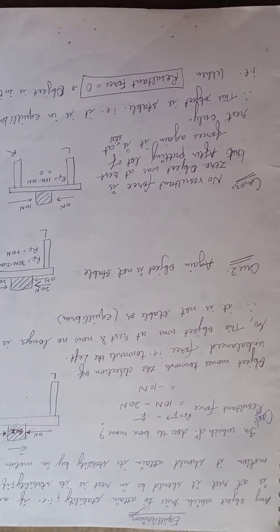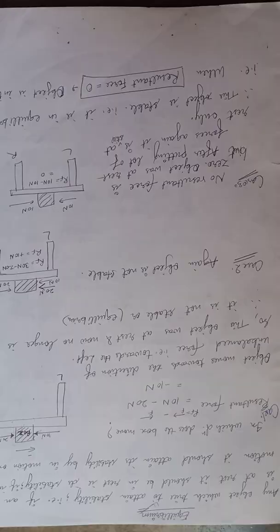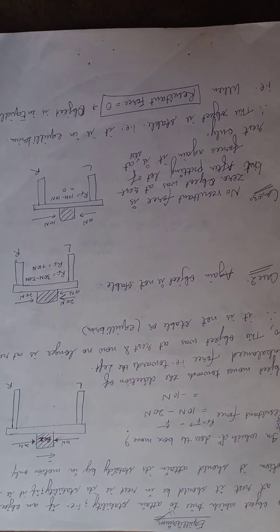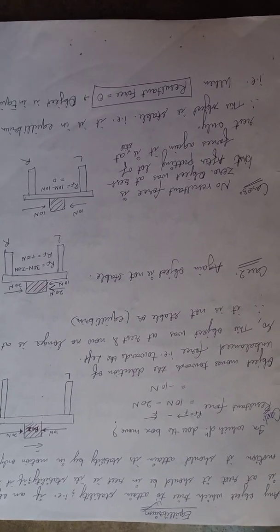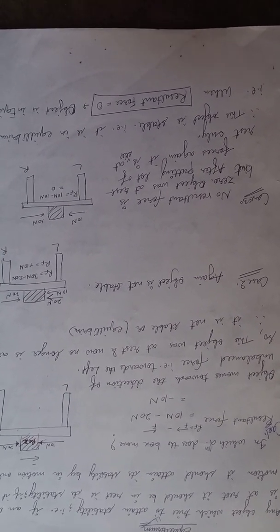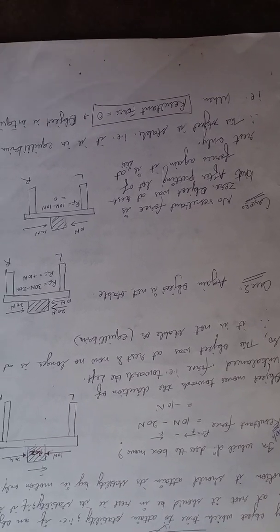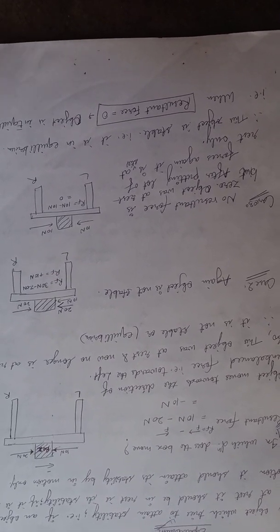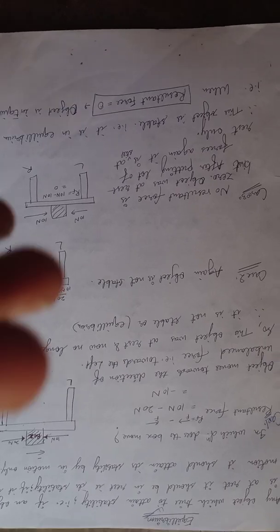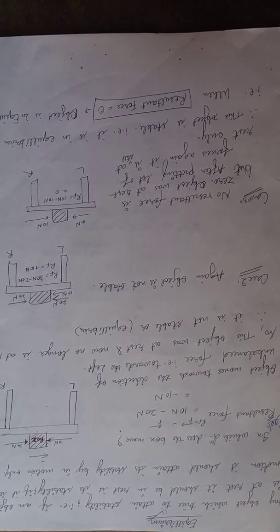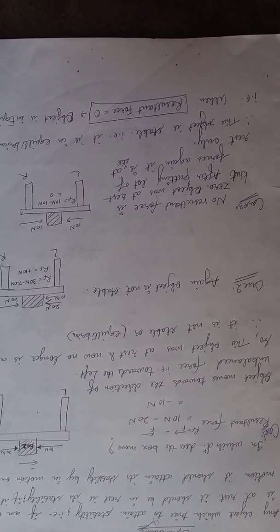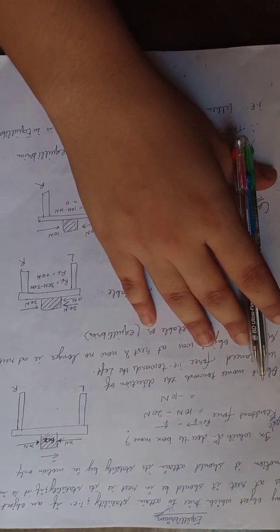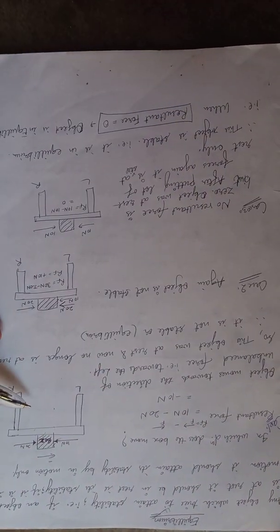So do remember that any object which tries to attain stability, that is, if an object is at rest, it should stay at rest to attain its stability, or if an object is in motion, it should attain its stability by staying in motion only. Then in that condition, that object tends to be in equilibrium. Okay, let's discuss case 1 so that you can understand it more clearly.